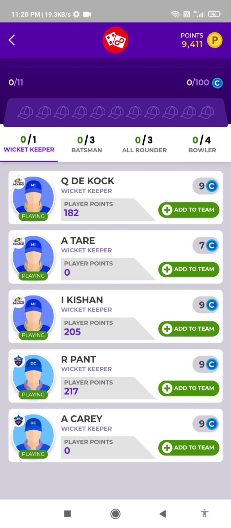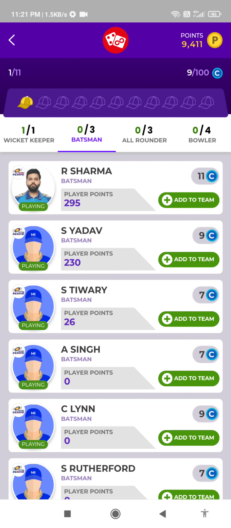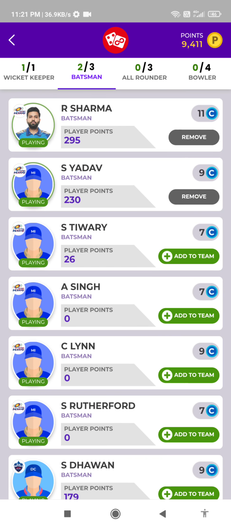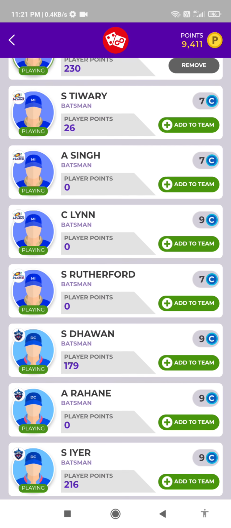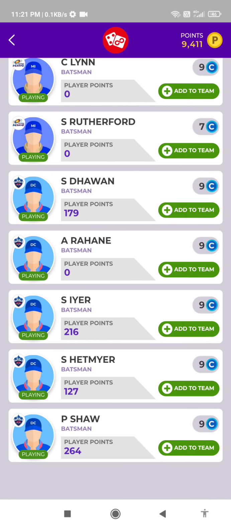So again take the players which have many more player points, like Rishabh Pant. I'm choosing Pant as wicketkeeper, Rohit Sharma as batsman, S Yadav as batsman, and Pisa also batsman.